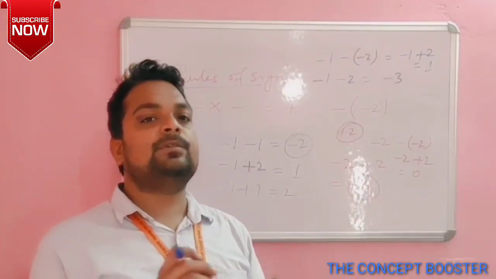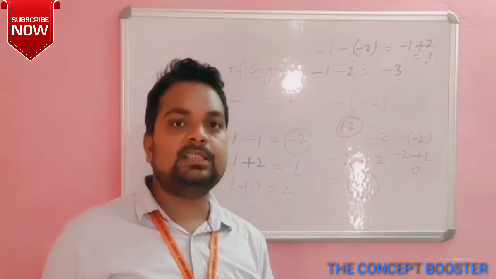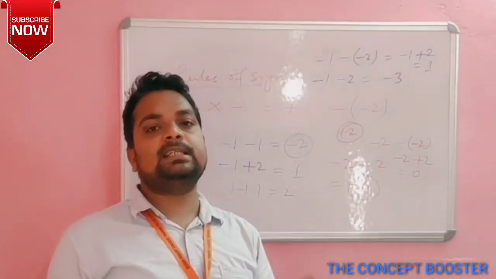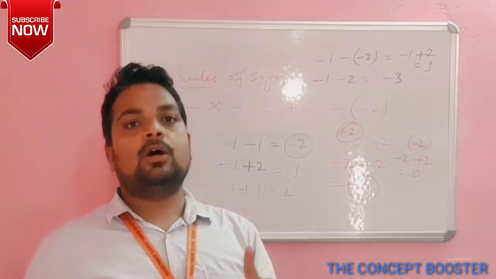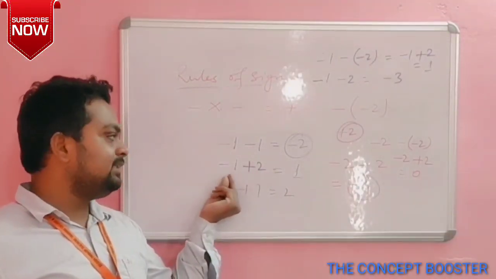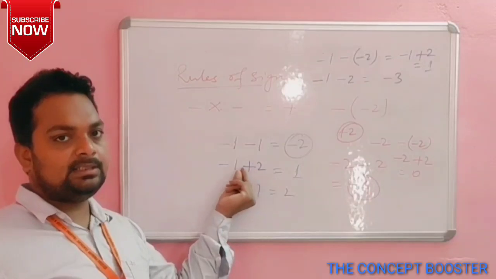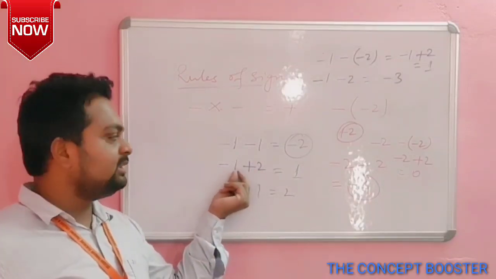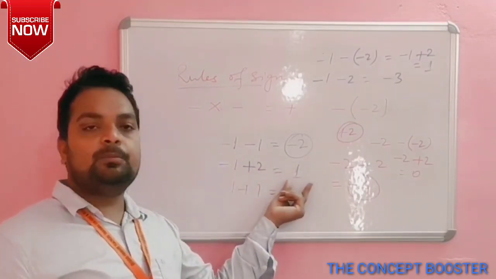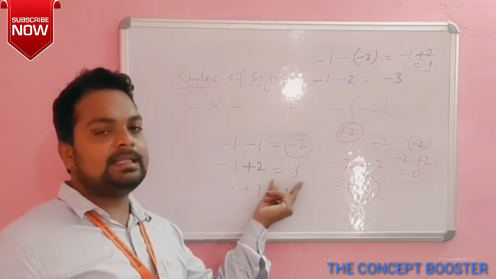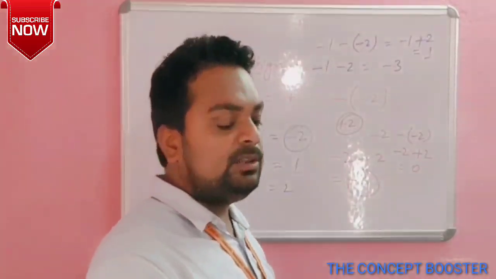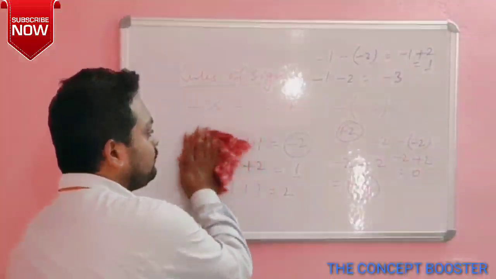But if you have two different signs, like one is plus and another one is minus, you always have to subtract. But after subtracting, you will put the sign of the greater number. Like here we have done, here two different signs are given, minus and plus. So we will subtract, and on subtraction we will get 1. The greater sign is plus, so we will put plus only. Okay, we cannot put minus here. So this is the fundamental concept for subtraction that you have to keep in mind always.